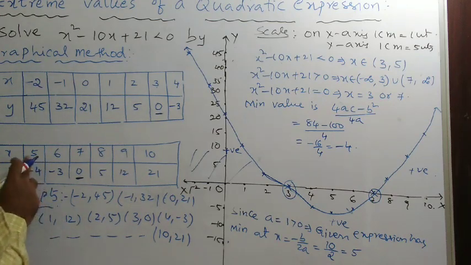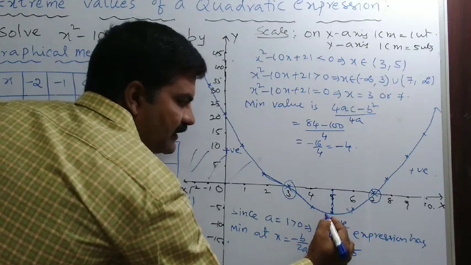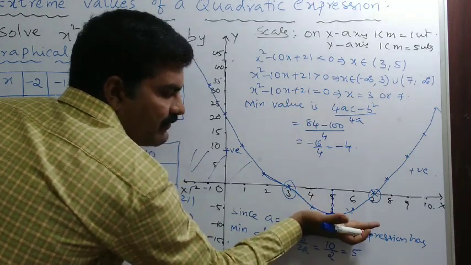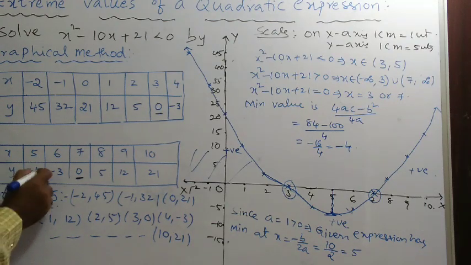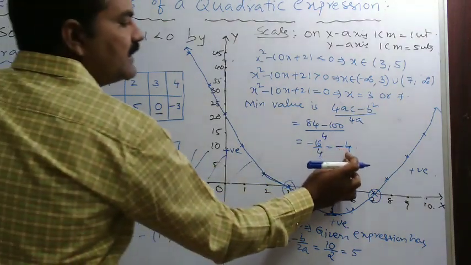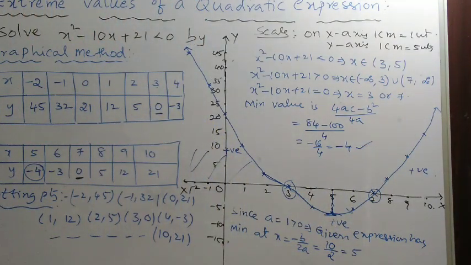Right? So clearly at x is equal to 5, it attains the minimum value. And what is the minimum value? At x is equal to 5, the minimum value of the expression is minus 4. So that is what we got, that the minimum value is minus 4. So that's why graphs are very, very important for us. If you are good at graphs, you can learn many things. Now everything we can visualize, isn't it? There is a proof for everything.